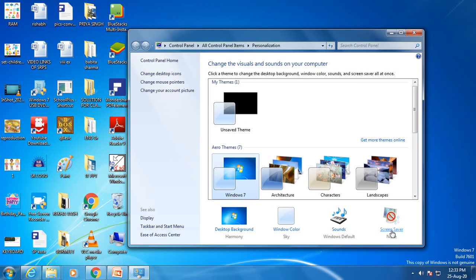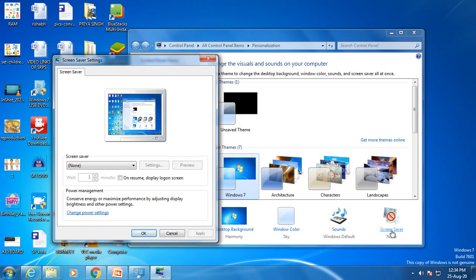But if you want to apply a screensaver, you need to click over here. As you click on screensaver, you will see a new window. Now, None means no screensaver is selected. If you want to select a screensaver, just click over here in the drop down menu, select Bubbles. Fine.